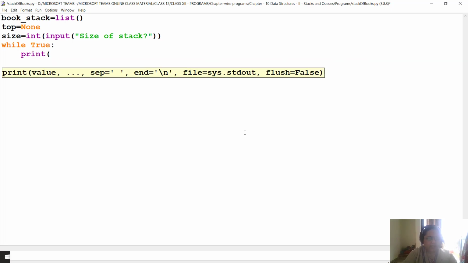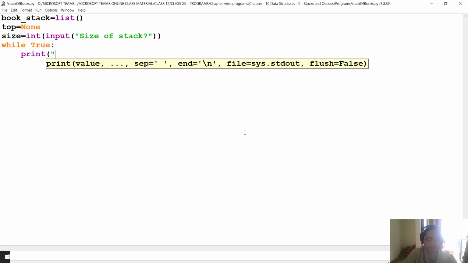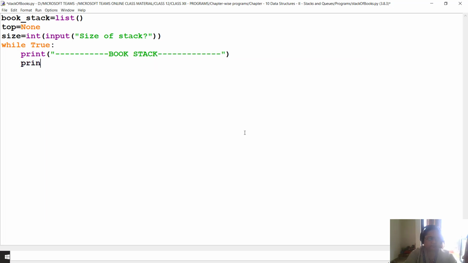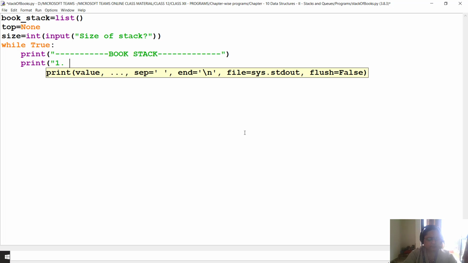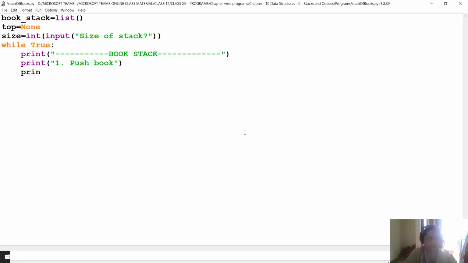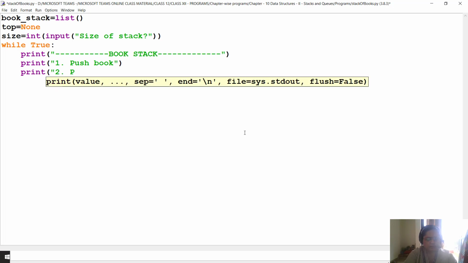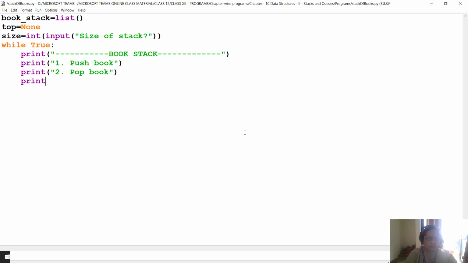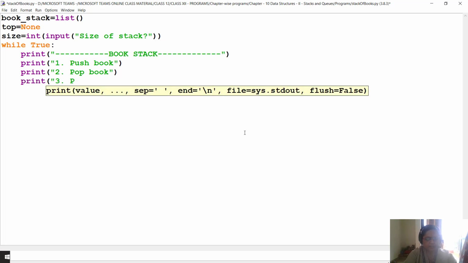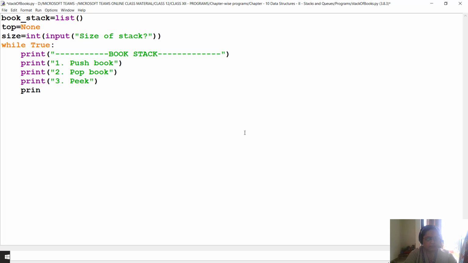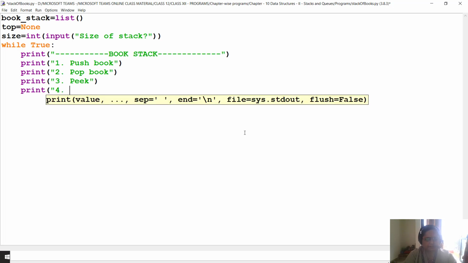So we will first create a menu offering various options: push book, pop book, peek, traverse.